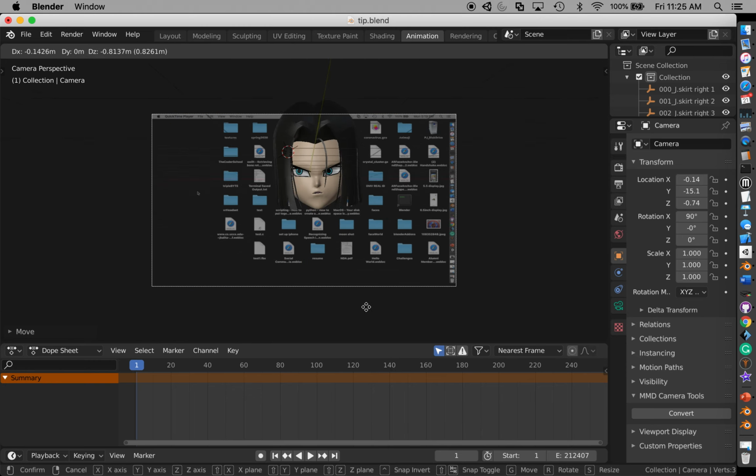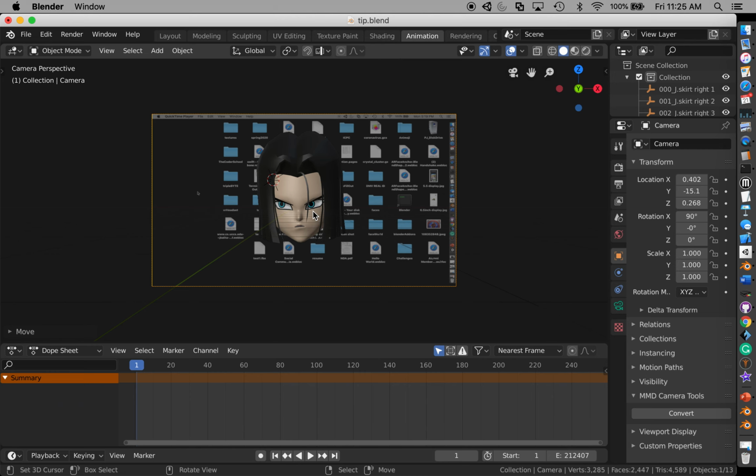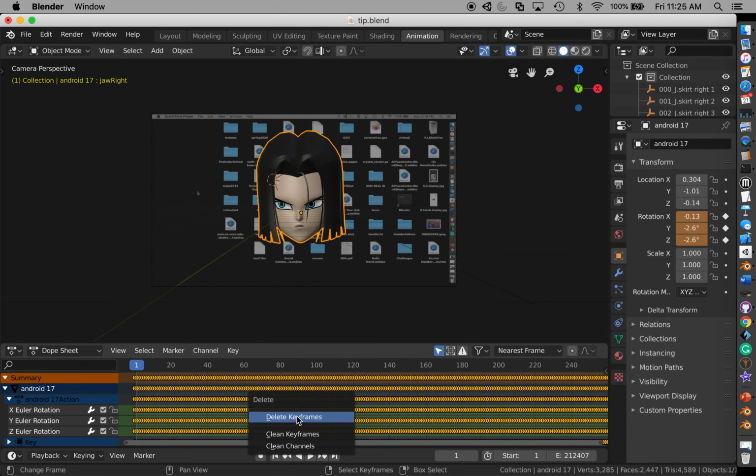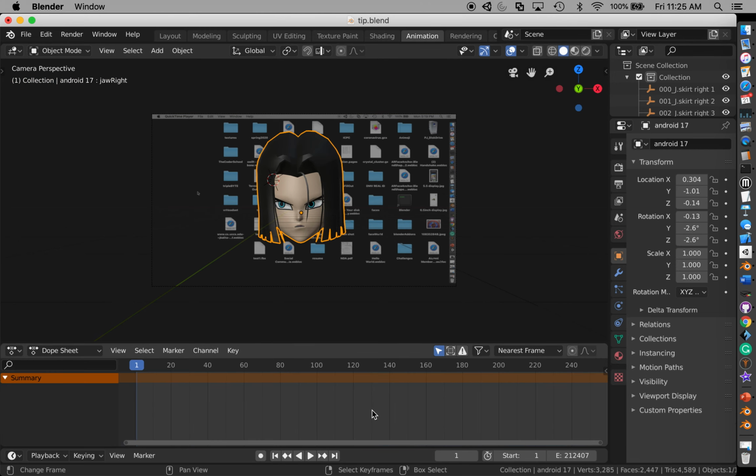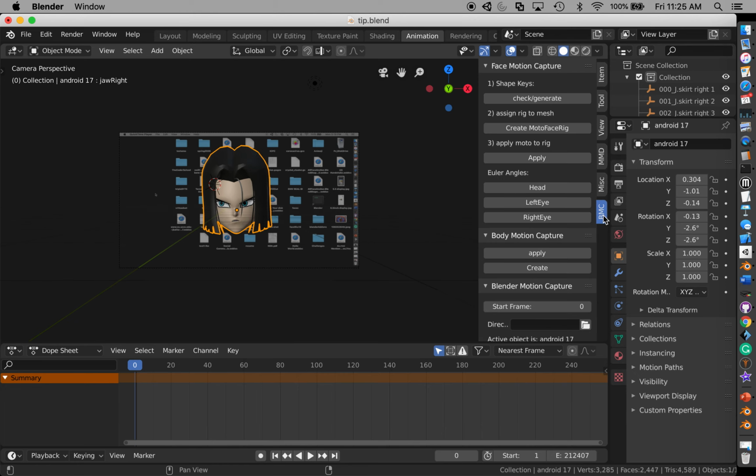So you kind of see how I did it now. So go ahead and delete all the keyframes. And then N, make sure you have BMC installed. What we're going to do is we're going to create the motion face rig, as you can see right here,